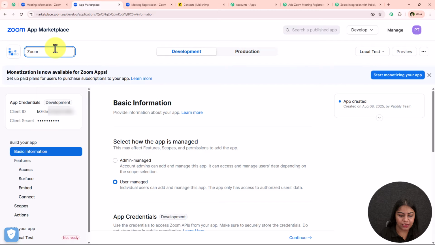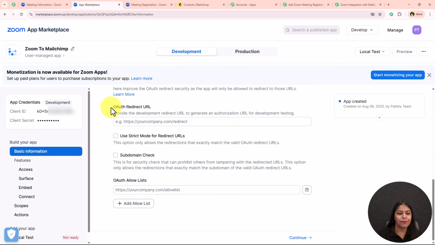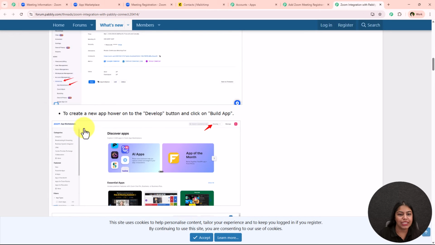So I'm just going to enter Zoom to Mailchimp. So I'm just going to simply name my app right over here. And as you can see, I've successfully named my app right over here. Now I'm just going to move on further. I'm just going to scroll right over here. And when I scroll, you're going to see it is asking me for the auth redirect URL. So you're going to get this auth redirect URL in this forum, or you can say this document which we